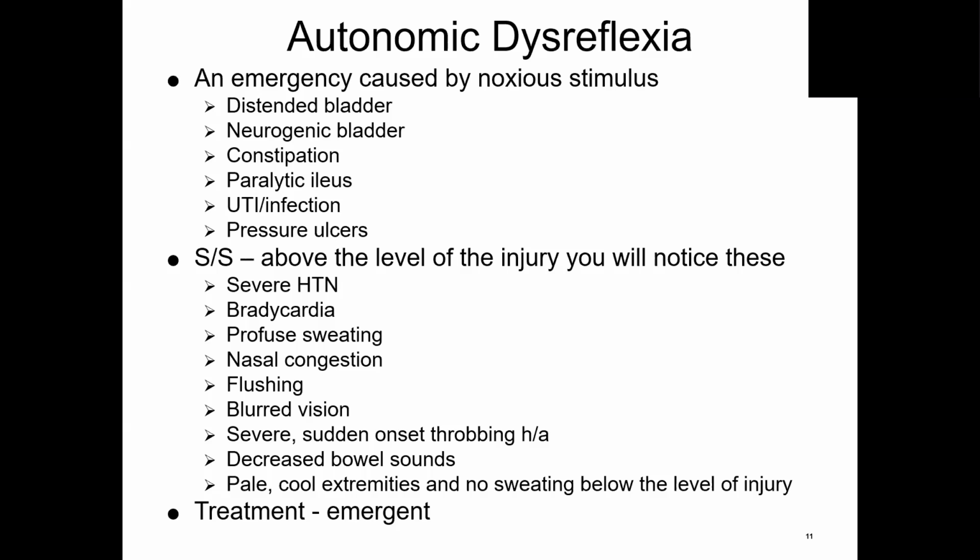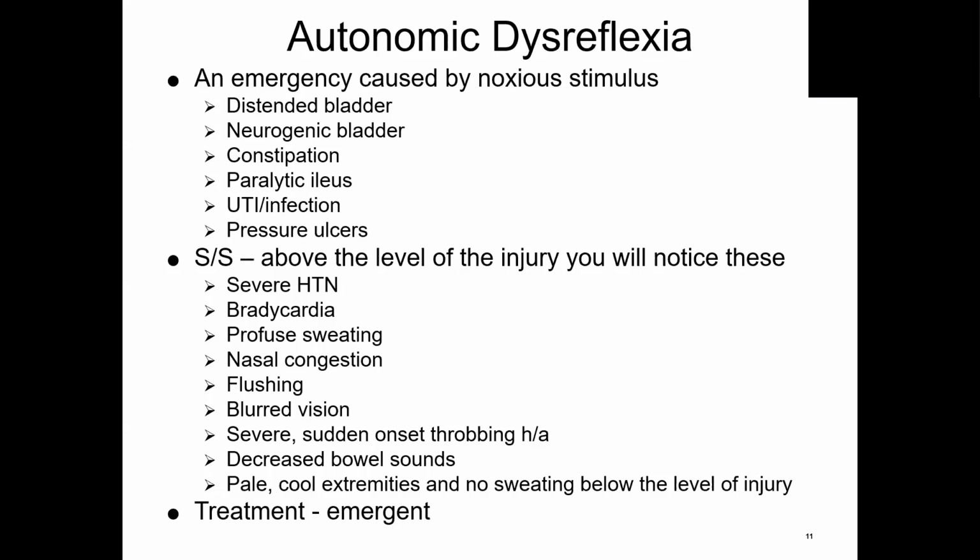They might have blurred vision, spots in their visual field. And I will tell you, the most common thing causing this is a distended bladder, a kinked Foley catheter, or any kind of tactile or painful stimulus. So a pressure